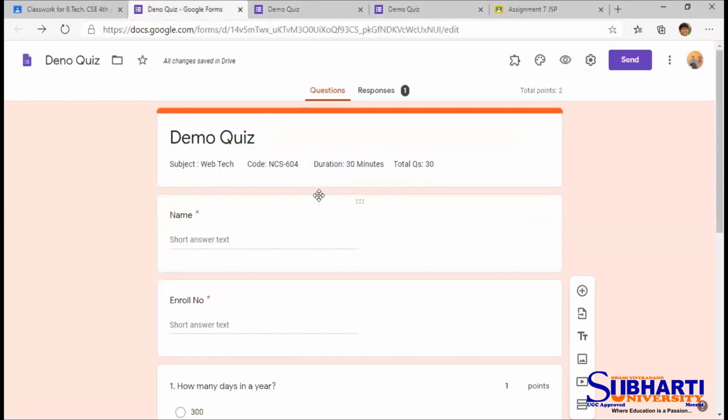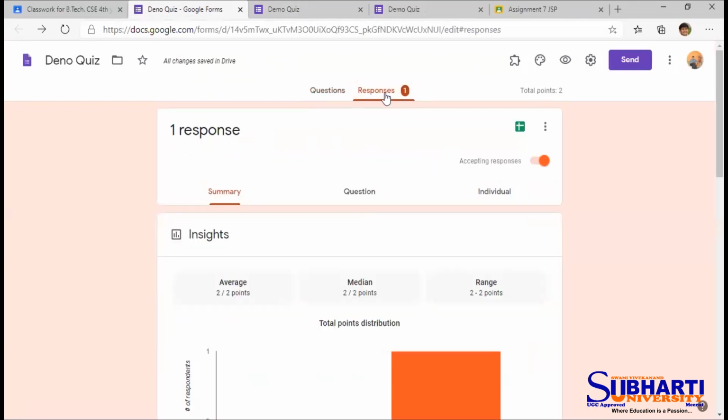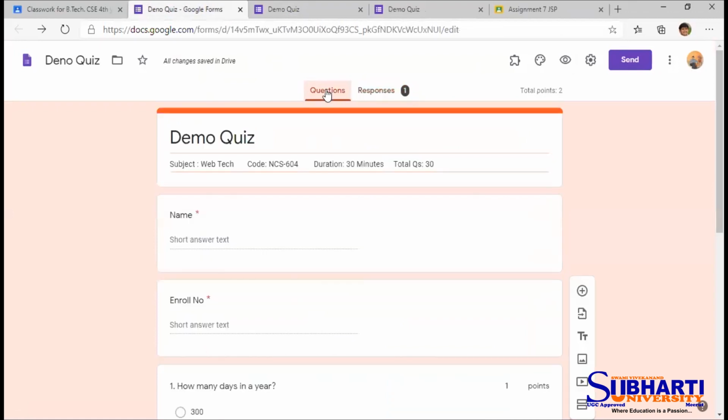See, where he was designing the quiz, the teacher will go to this option, and there is responses. You see here, questions are displayed, and responses, meaning responses of students, are displayed here. You click on the question, then you will see the questions, and you click on the responses.